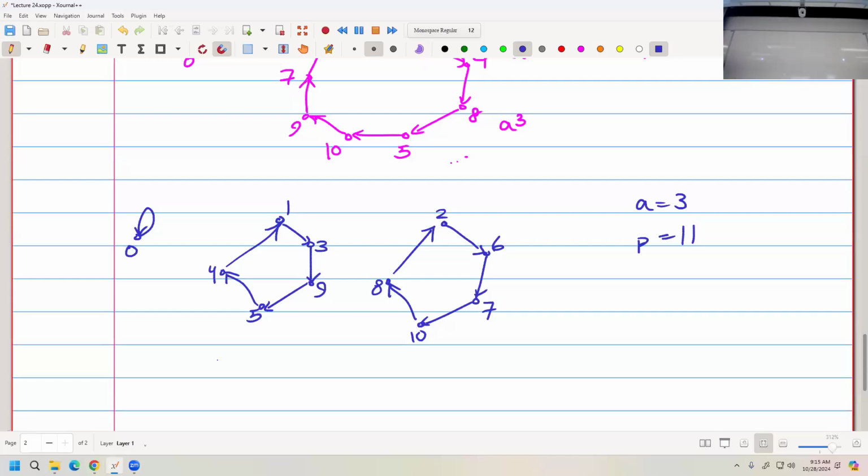Now, in this case, I'm happy too. Because, look, the length of this cycle is 5. So this means that a to the power of 5 is 1, right? That means a to the power of 10 is also 1, because that's just a to the power of 5 times itself. It's 1 times 1 is 1, right? So as long as the length of these cycles is a divisor of p minus 1, I would be happy,